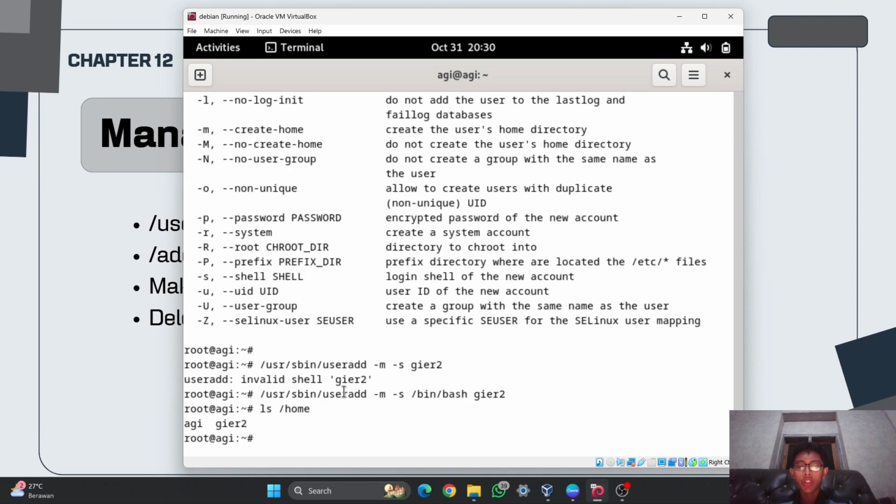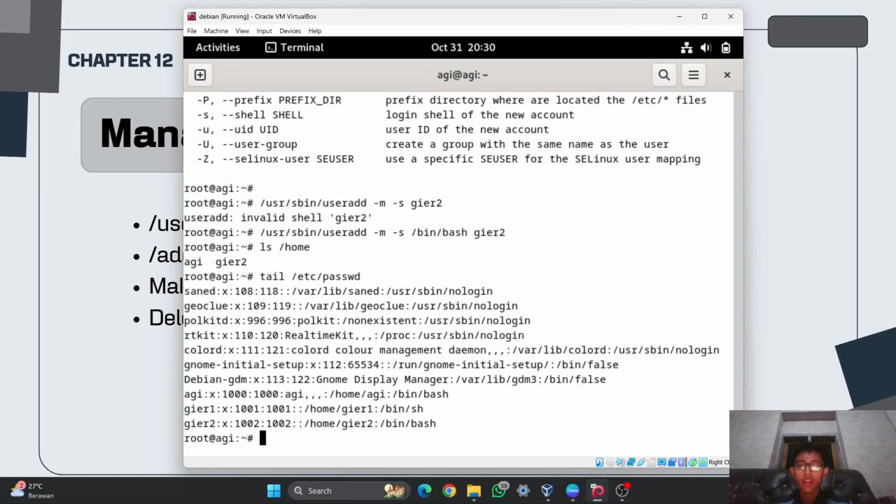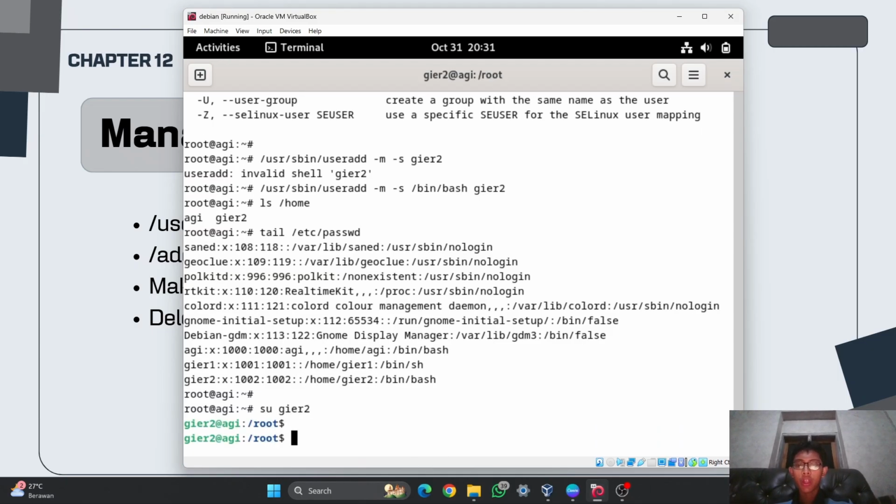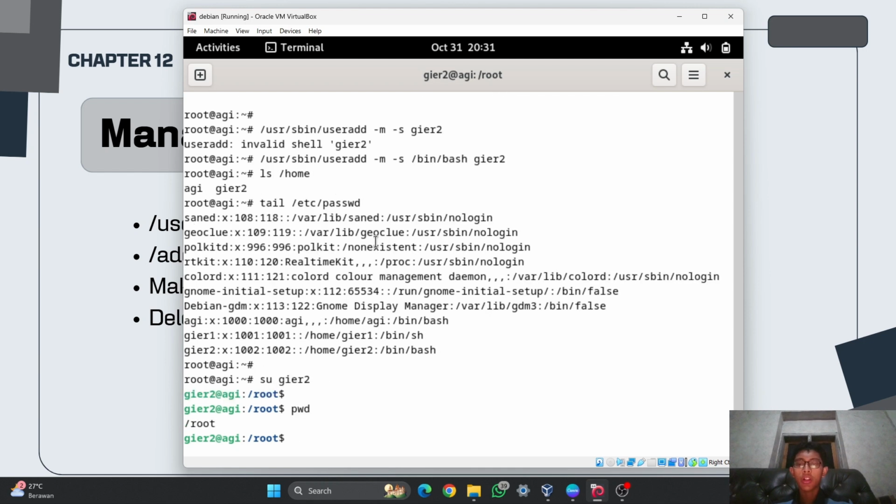And if I check the passwd using tail and then /etc/passwd, as you can see right now, gr2 has the shell of /bin/bash. And if I log in to gr2, right now it behaves like a normal user, like the agi user, because it has the /bin/bash